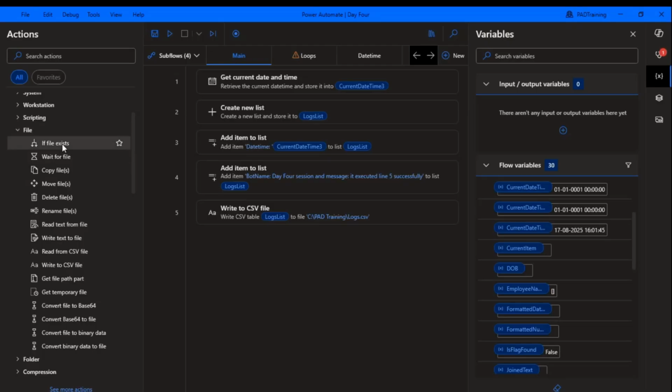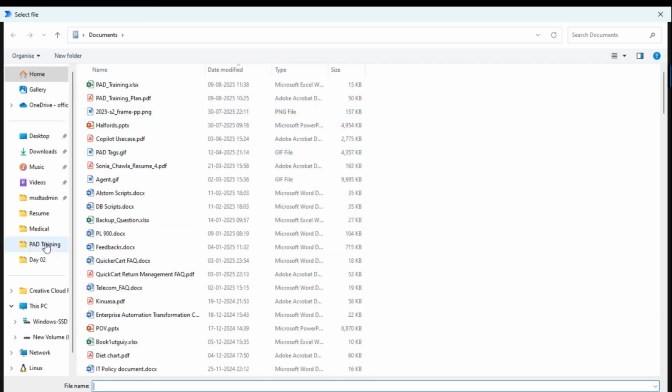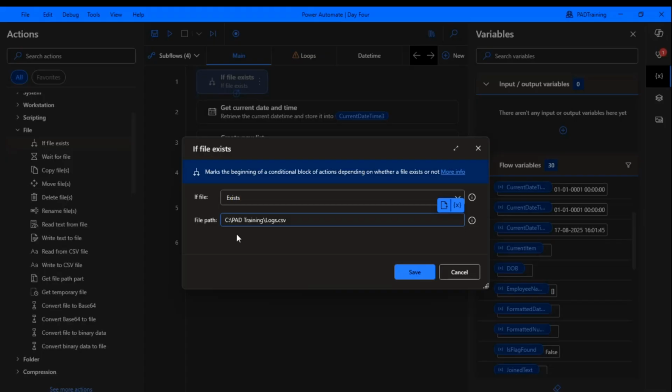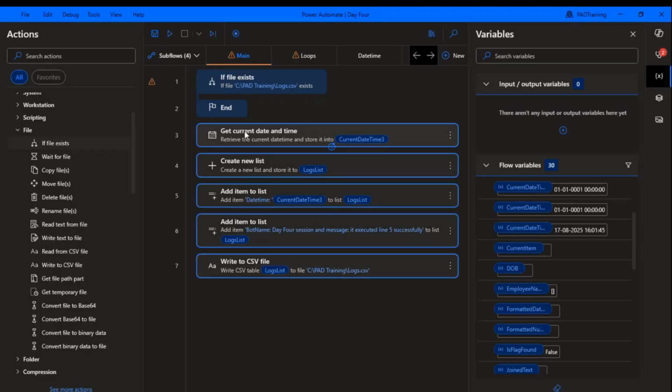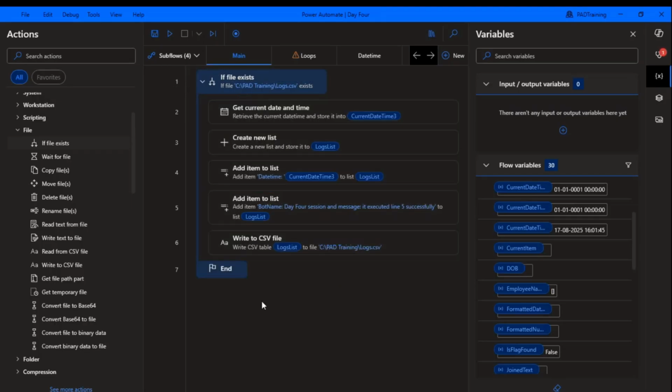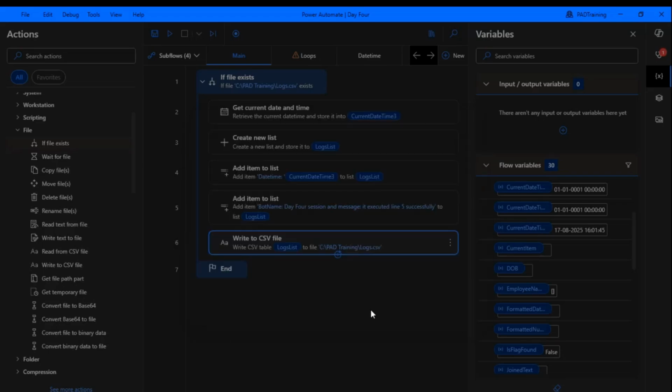So, the If file exists action, we check. If you want to check whether any file exists in a specific folder, you can utilize this. Maybe in this scenario, I will check whether my log CSV file exists or not. Then I will do the writing here. So if my file exists, I can do the append operation. So here, if the file exists, we will do the append content. If it does not exist,